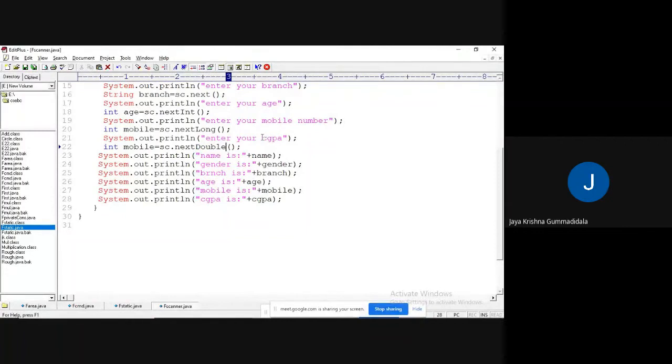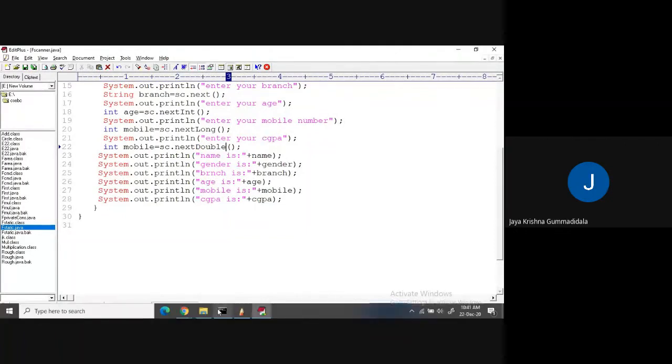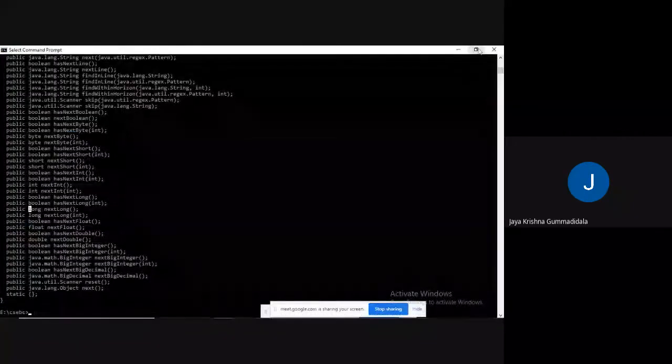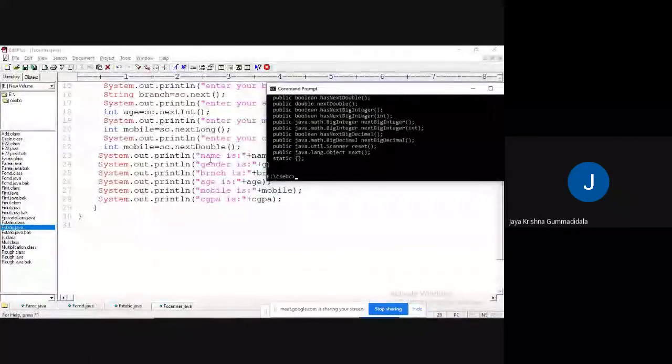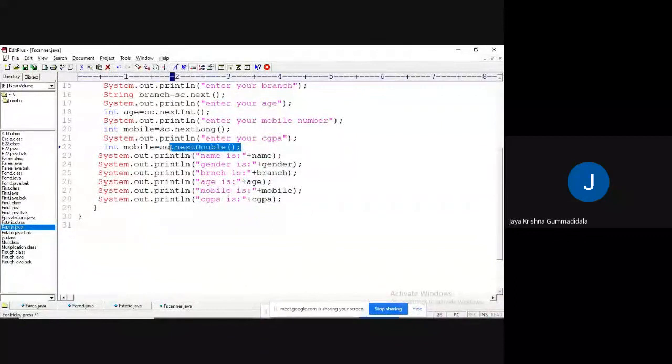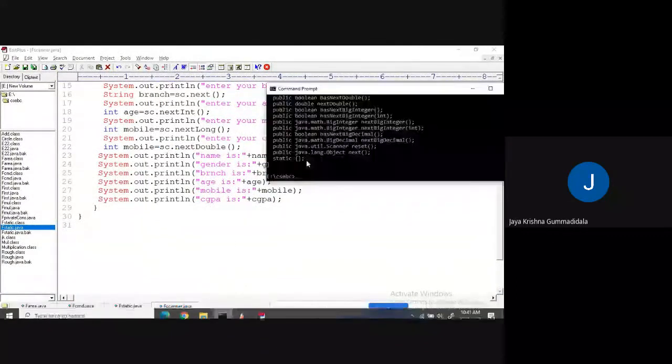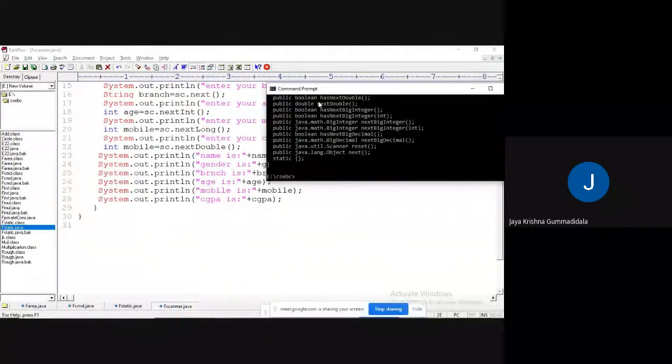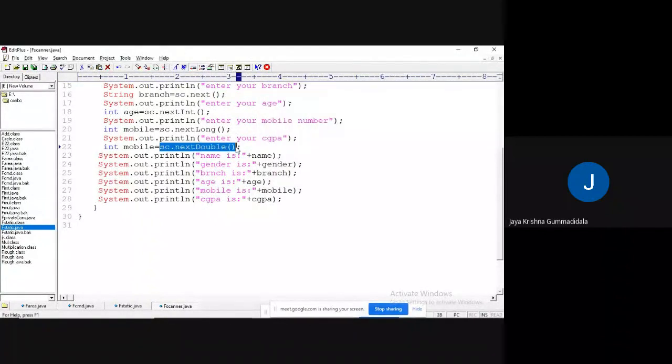Now what is the answer? Will you get a compile time error or not? You will get a compile time error. Why? See, nextDouble is a method which is returning what return type? Double return type. But as it is returning a double, we are trying to store it in an integer. So you will get a typecasting problem. So that is the reason you have to define it as a double only.